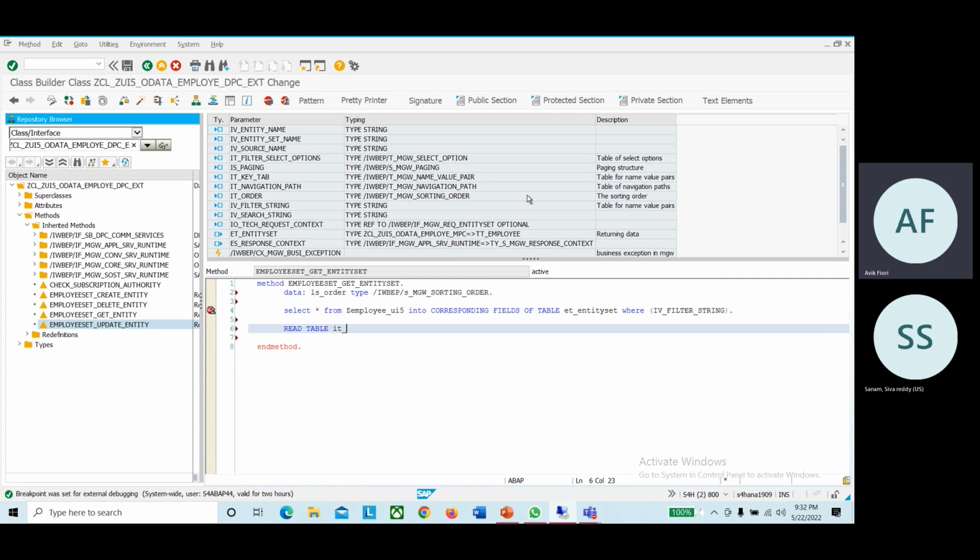Whichever property the user will pass from the front end in the URL, that sorting will come and sit in one table. If you want to see for which property and what type of order the user has assigned, that information we can see inside the table. So for that we need to read the table order. This is the sorting table which will have all the sorting information. So we need to read the table IT_ORDER